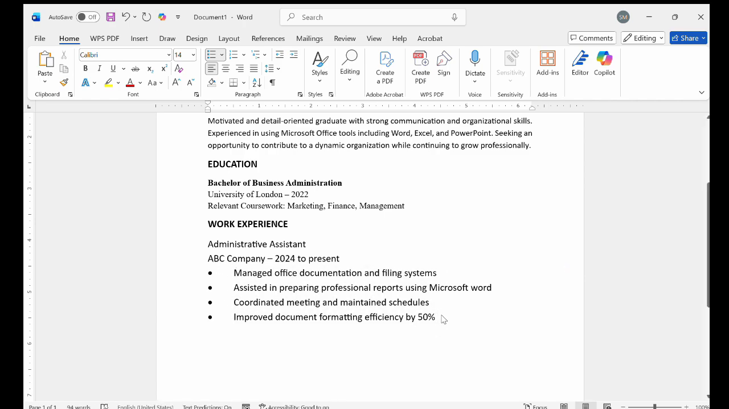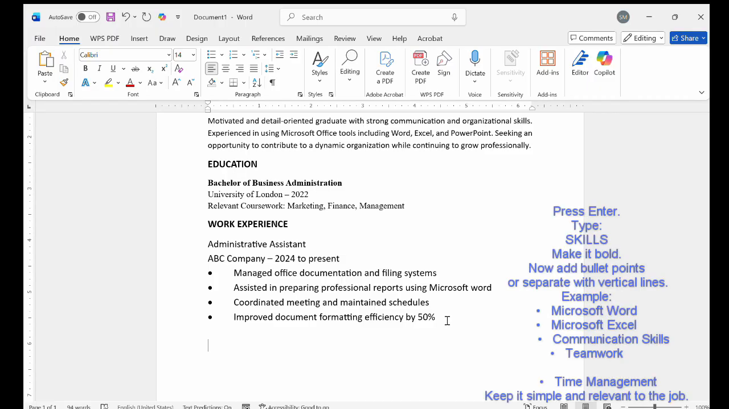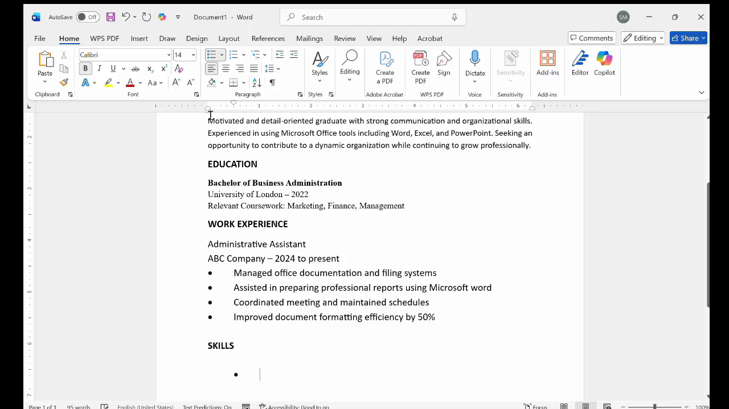In this case, let us click enter and add the skills section. I add Skills, then bold it. You see it is Calibri, size 14. It's okay. Click enter and I will insert a bullet, and also I align it left, and then I put Microsoft Word,